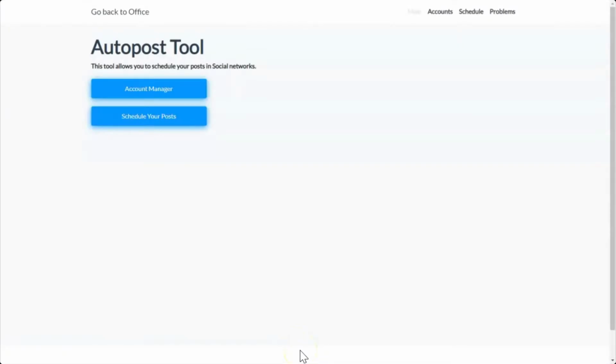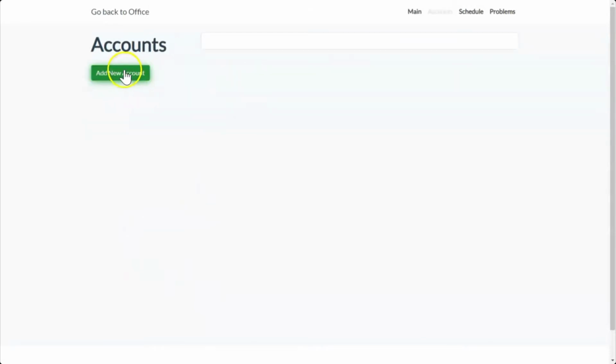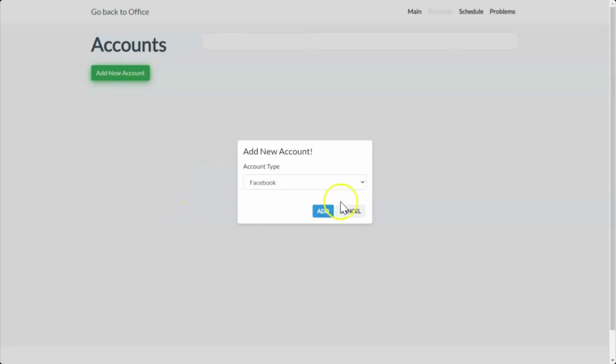Opened up the Autopost tool, and the very first thing we're going to do is set up the account. So we're going to go into the account manager and add a new account. Now at the moment, you can see when we open this drop down menu, we only have the choice of